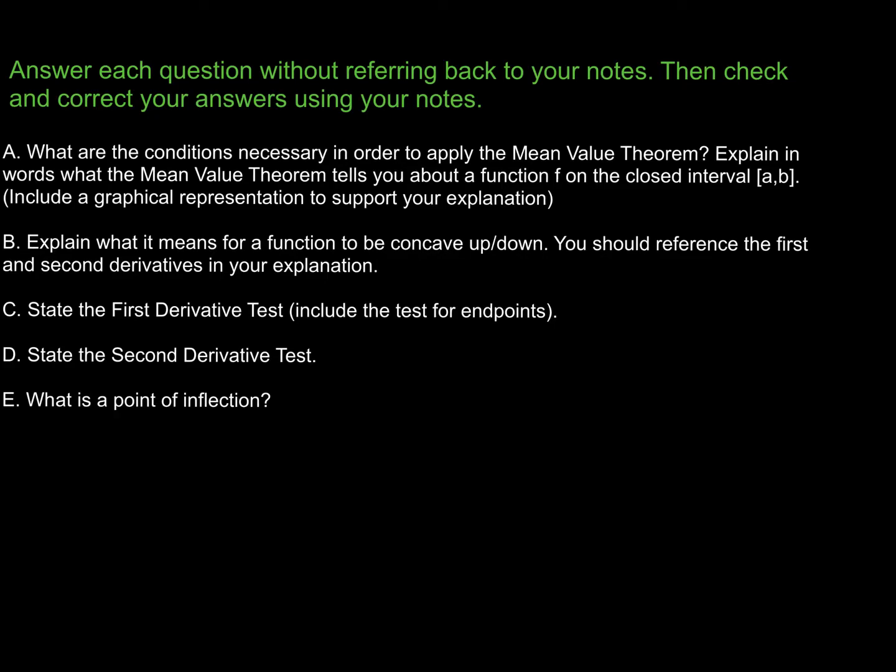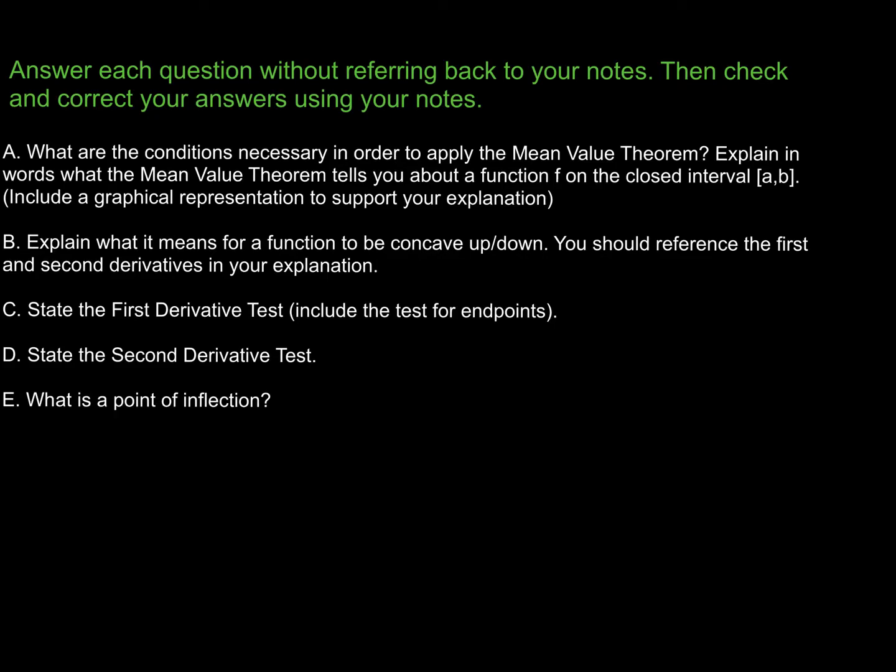Second derivative test is one that is nice and easy if you can take the second derivative. So if you can take the second derivative easily, then in order for a point to be a relative extrema, what you need is that the first derivative is equal to 0 at that point. And then if you have that critical point where the first derivative is equal to 0,